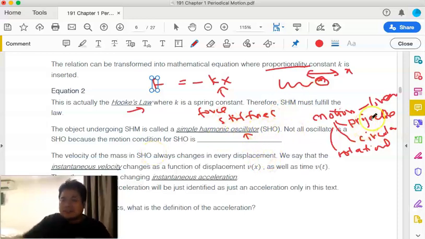For example, the object undergoing projectile motion is called a projectile. If you kick a ball and the ball is undergoing projectile motion, we call the ball a projectile. For simple harmonic motion, we call the object performing it a simple harmonic oscillator. Keep in mind that not all oscillators are simple harmonic oscillators, because the condition for a simple harmonic oscillator is that it must fulfill Hooke's law. So all simple harmonic motion must fulfill Hooke's law. For example,